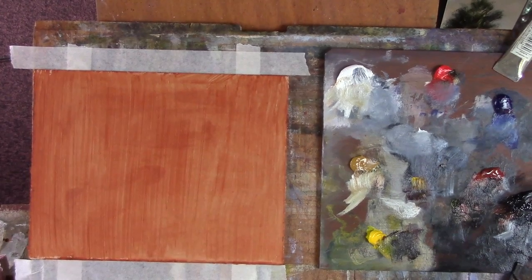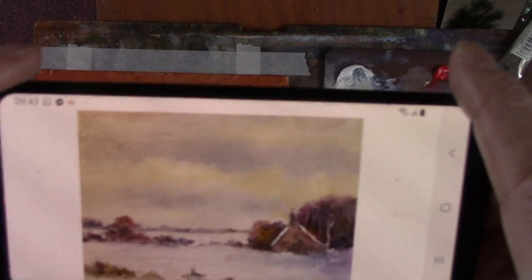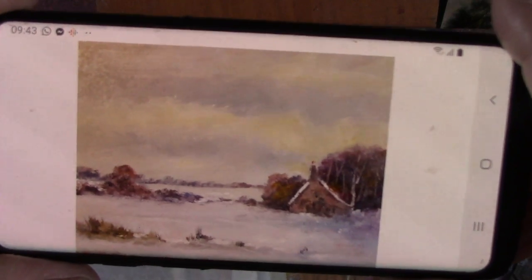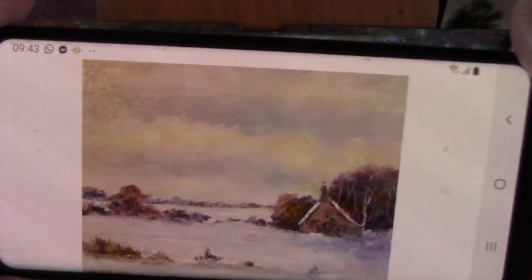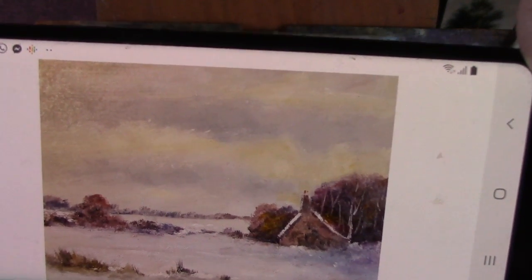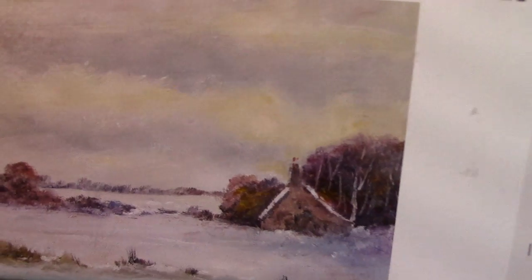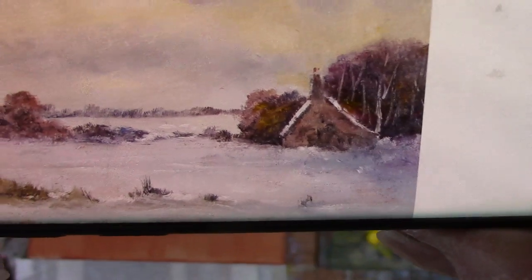Hi folks, I might be being a bit ambitious, but this was a painting I did a few days ago. Look at there, the camera. I want to have a go at this again. It's only a 10 by 8 inch painting, but I want to do it in a sort of Monet style. Although this I consider to be impressionist,